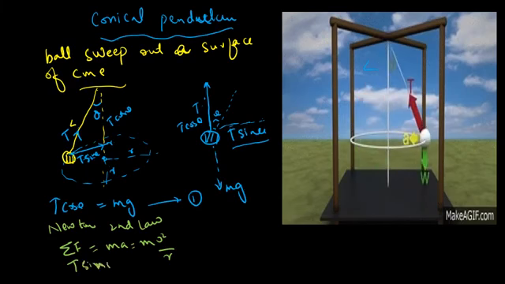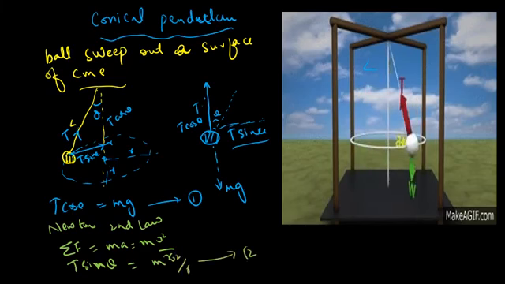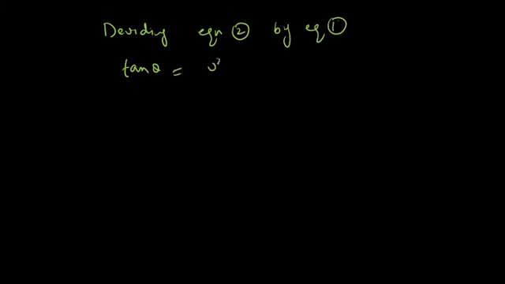T sin theta is responsible for the centripetal force, equal to mv squared divided by r. This is equation 2. Now dividing equation 2 by equation 1, when we solve, we get tan theta equal to v squared divided by rg,